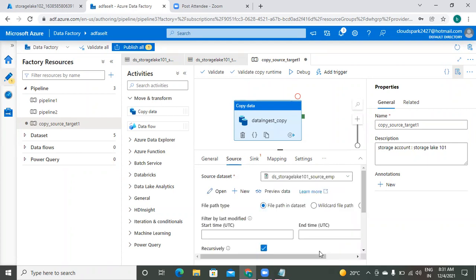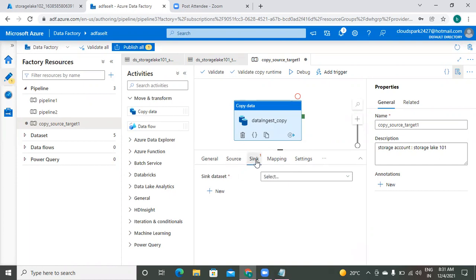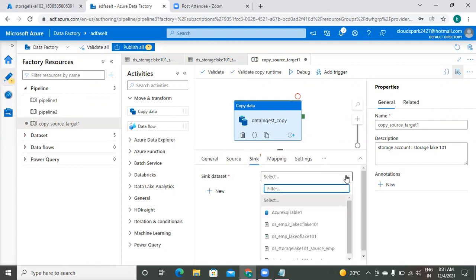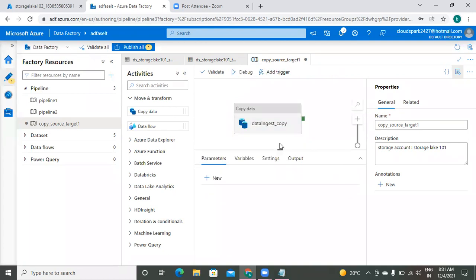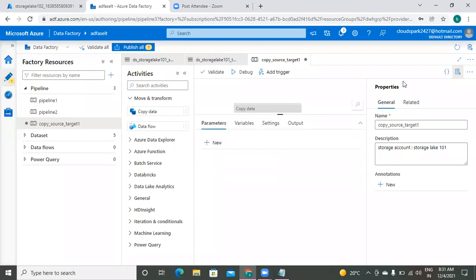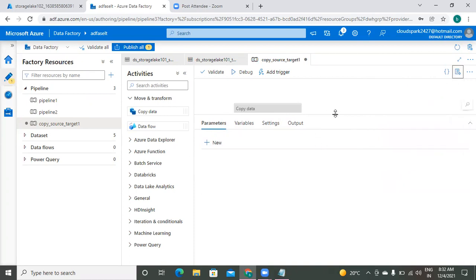Understood? Next step, sink you need to select. Sink means target. For that, what data set? Look at the last. The space is not enough. One minute, sir. If you click on this properties option, the properties will be closed.